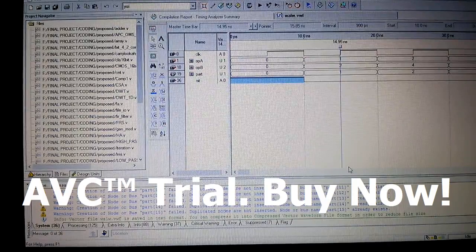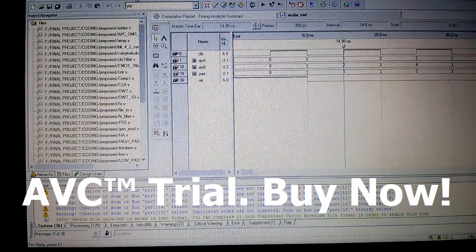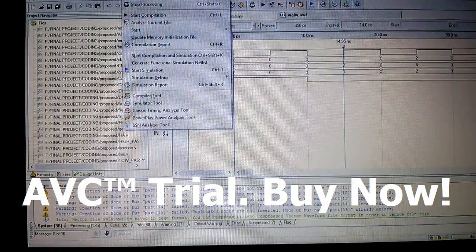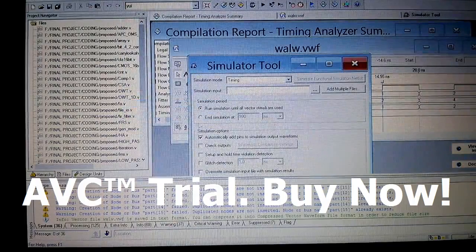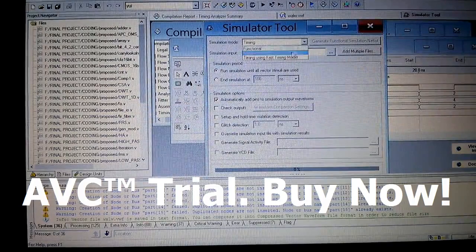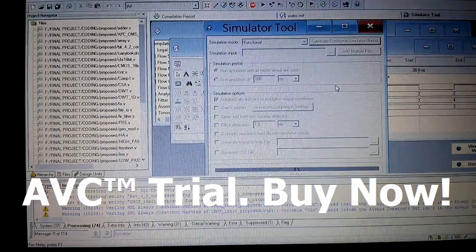After saving, we have to compile it again. For compiling, we have to click processing. Then we click simulator tool, and the simulation mode is to be converted into functional.